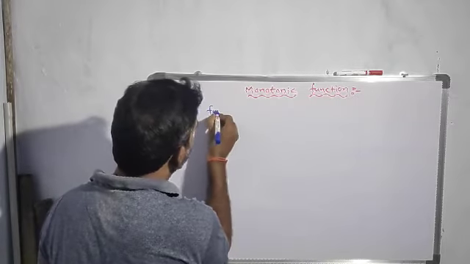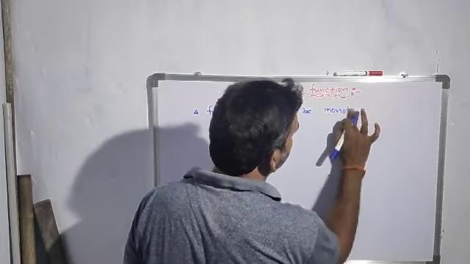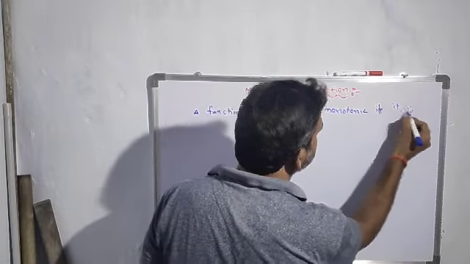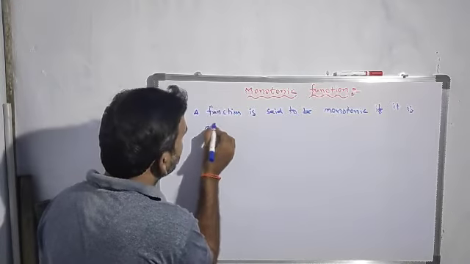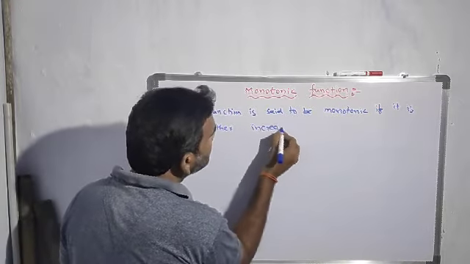A function is said to be monotonic if it is either increasing or decreasing function. Okay, that means if a function is increasing function or decreasing function, then we can say that that function is